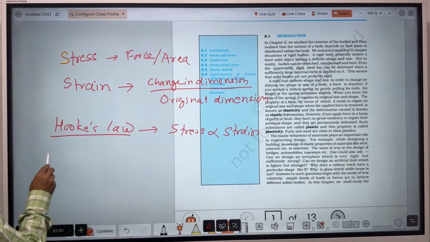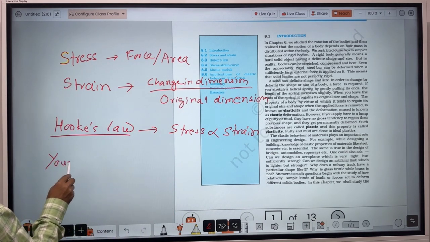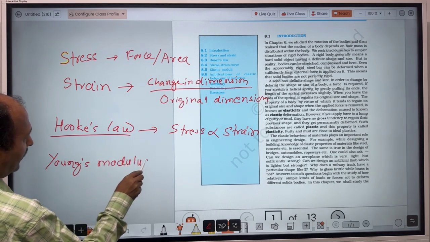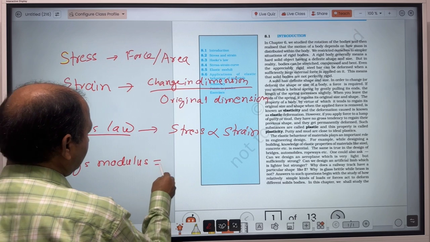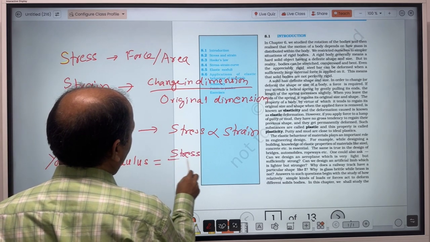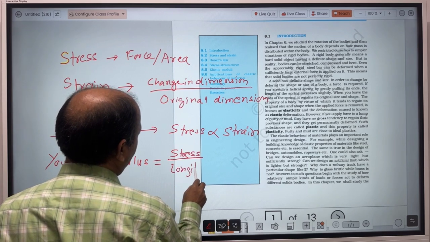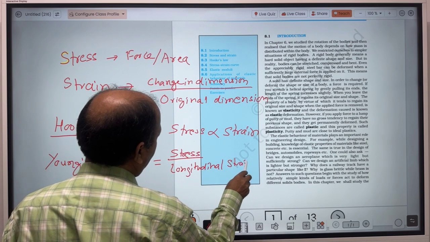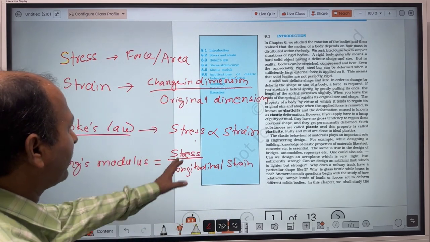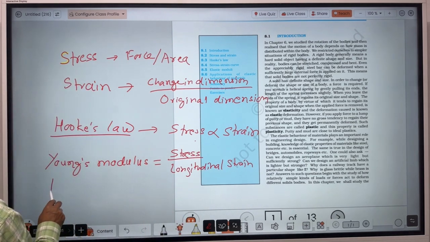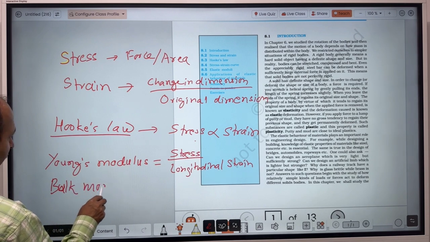After that we will study Young's modulus, which will be normal stress divided by longitudinal strain. Don't worry, I will tell you in detail. This is just a quick summary of what we are going to study. Then bulk modulus, BULK, bulk modulus,